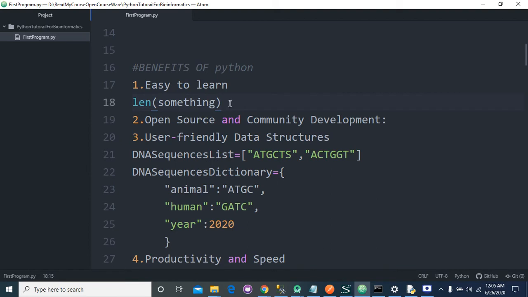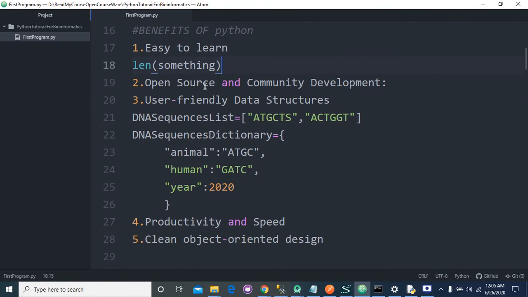I'm giving you an example. If I want to print the length of something, then it is common for all variables. If it is a string or list or dictionary, we will use the same code, len and that variable name.